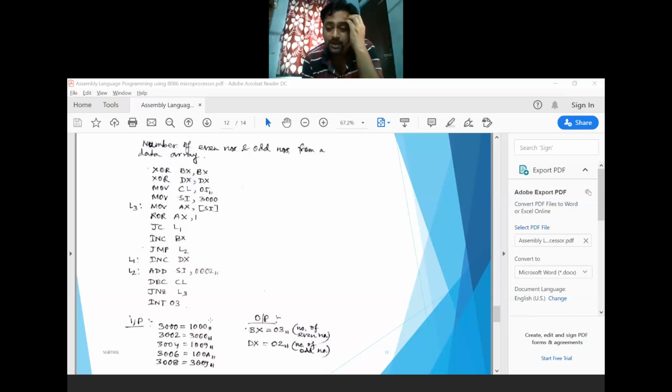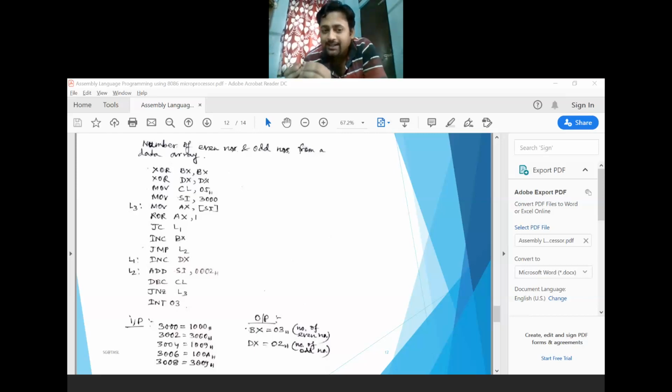One program can be done in various ways according to your logic. In this logic, I have taken two different registers, BX and DX, to store the number of even numbers and the number of odd numbers, which will be cleared using XOR.